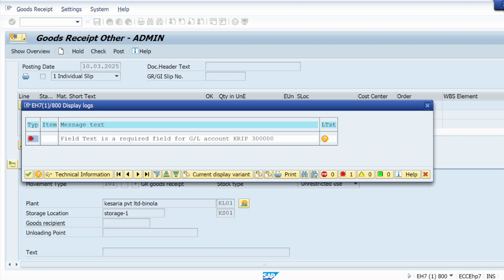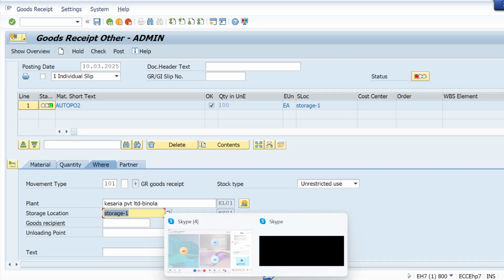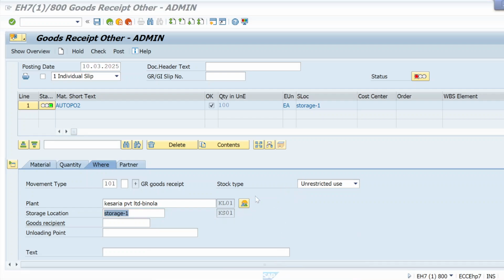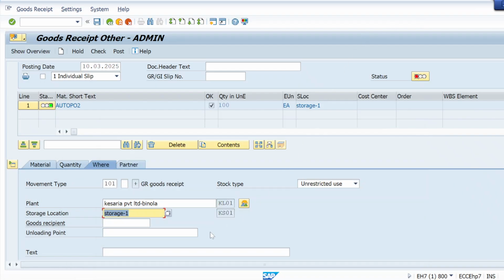Okay, perfect. I have one more batch after 8:30, so I have to wrap up right now. Just try to practice this up to that point, and the last step needs to be resolved by ABAP. I will do that by end of tomorrow or today. Okay, Kushamba and Yatish, bye. Take care. Okay, sir.